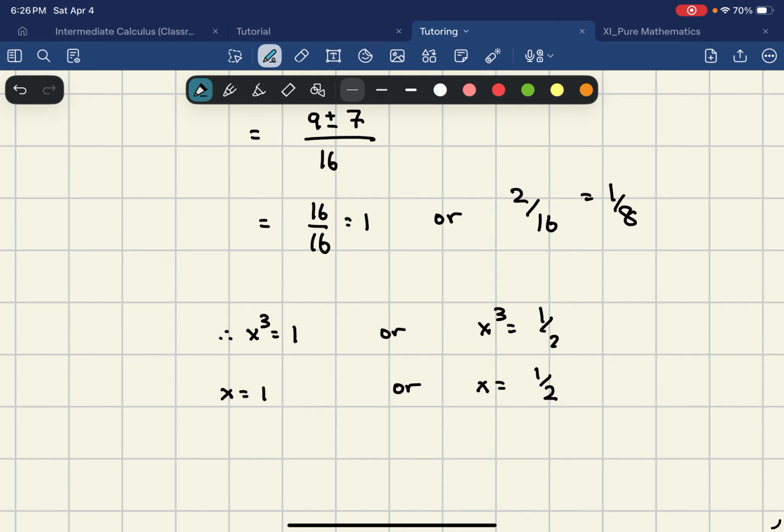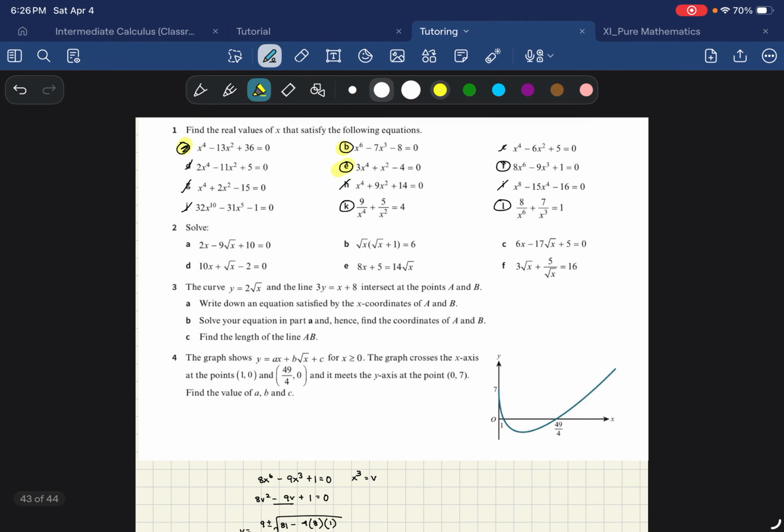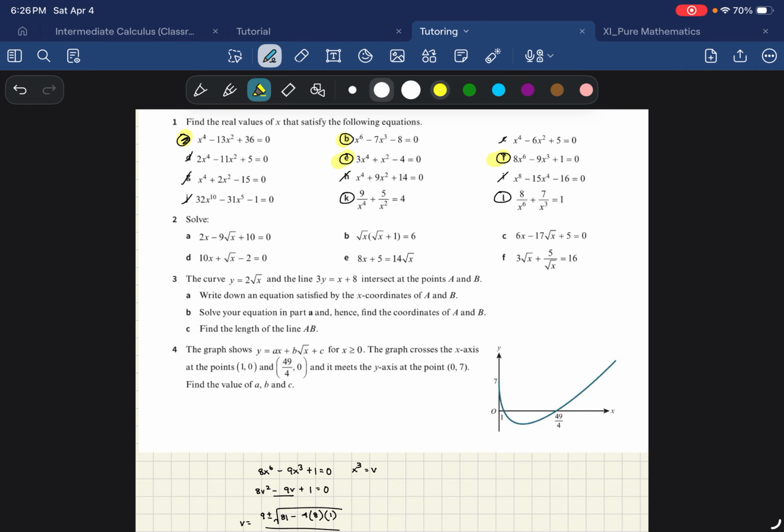Because 8, remember, is just 2 cubed. And when you take the cube root of both sides, you get these two solutions, 1 or a half. So that is going to be the solution to